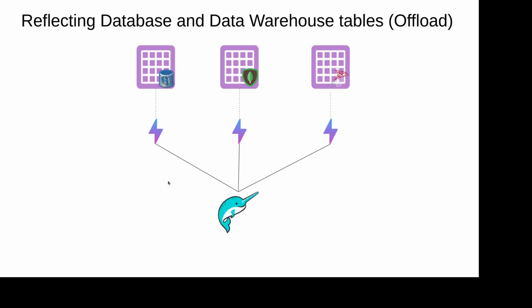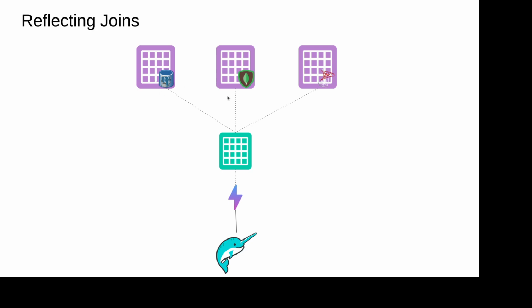Okay, so that's one use case. Another use case is that you might have lots of data, whether it's on a data lake or a database, and you're federating queries between these different data sources, and you create a join. But if I don't reflect the join and it's a view, then it has to go get the data from each system, recalculate the join, and do that every time. I may not want to recalculate that every time someone hits this join. So what I may do is reflect the join. Now not the original table is being reflected, but the result of the join. In that case, anytime anyone needs the join data, they're going to hit the reflection and not push down queries to 3 different databases in this situation.